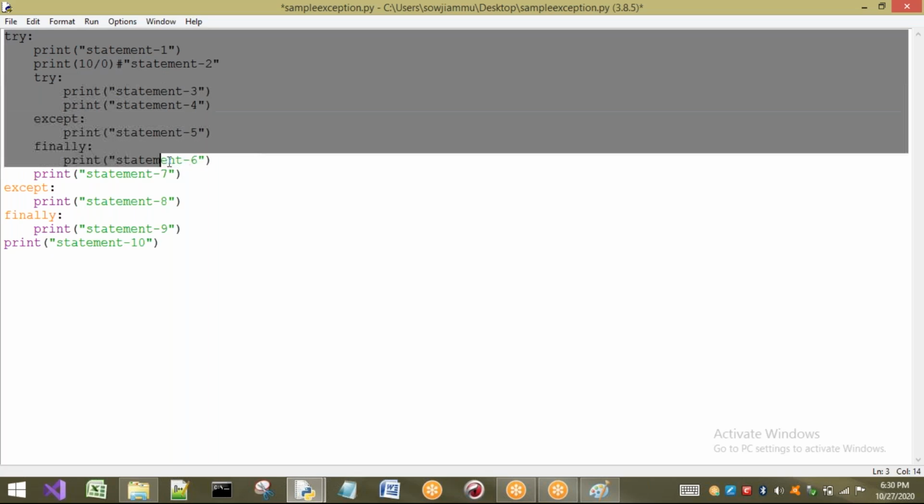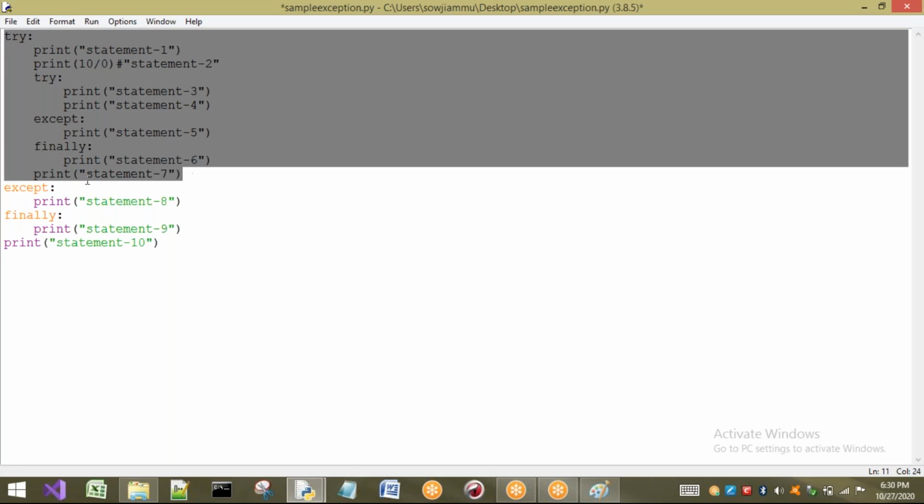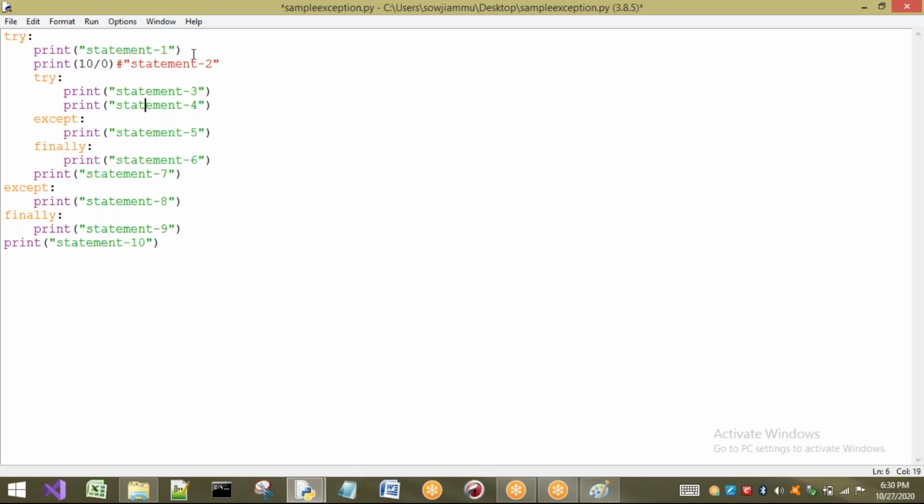Where is the except block for this outer try? This is the except block. So first, statement 1 is going to be printed. After that, there is an exception here, so it will come out of the outer try, out to here. Can this except block handle this one or not? Yes, it can handle this 10 by 0.